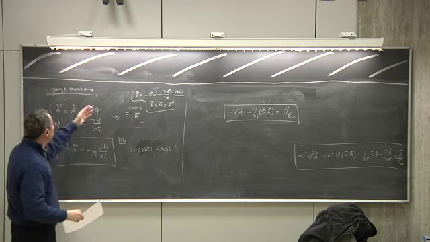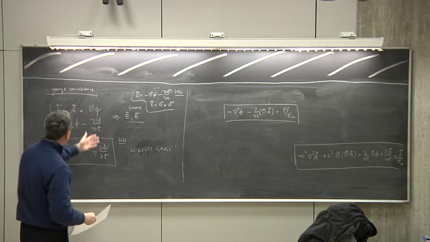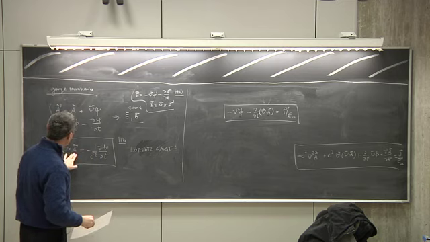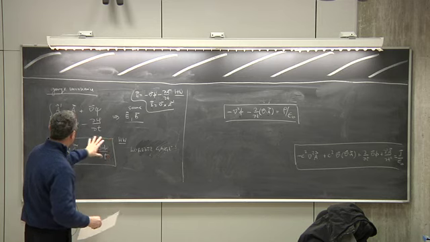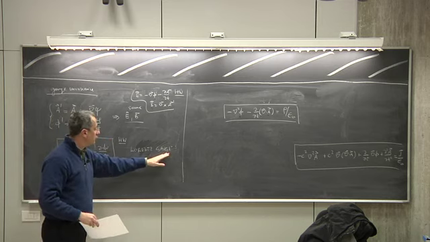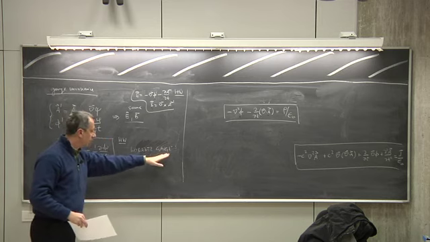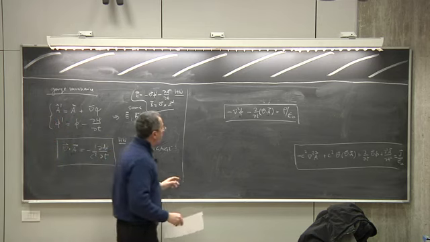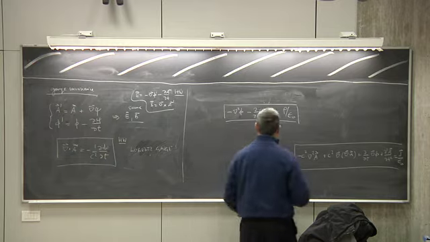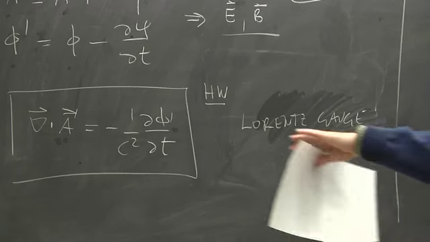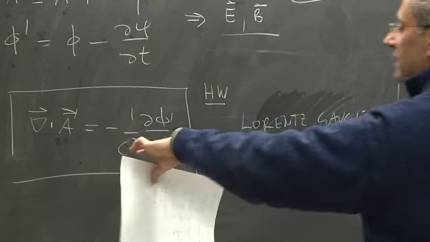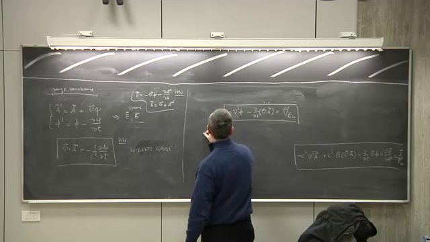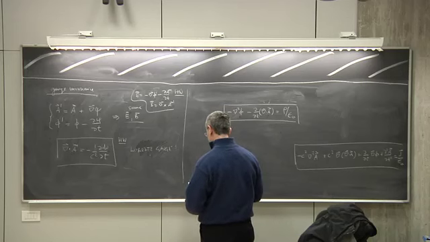Okay? And since psi is arbitrary, you can always find the psi that allows you to fix the gauge in this way. If your vector potential A and scalar potential phi satisfy this equation, this particular gauge is called the Lorentz gauge, because this is the gauge that Lorentz decided to work in order to simplify these two Maxwell equations. But you see that if the divergence of A is equal to this, then this equation becomes